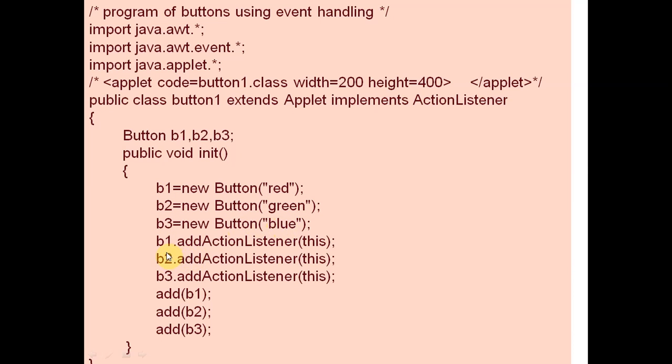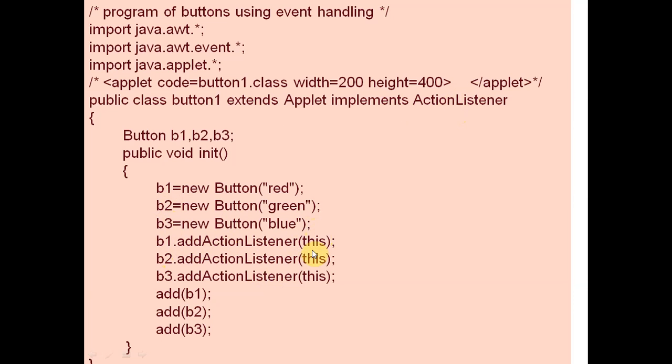First of all, we add an action listener to each button. With each button, we will have one action listener. So b1.addActionListener, b2.addActionListener, and b3.addActionListener. We are adding this here because the same class is implemented by ActionListener.